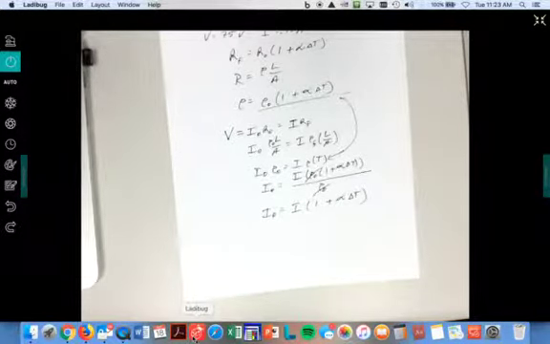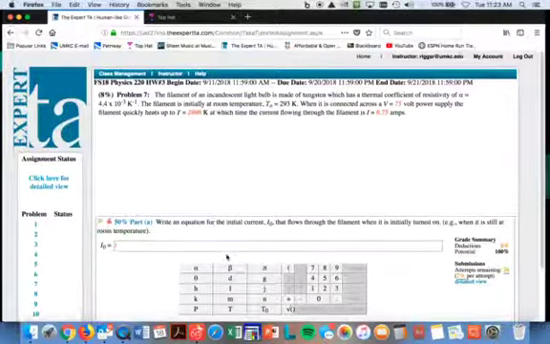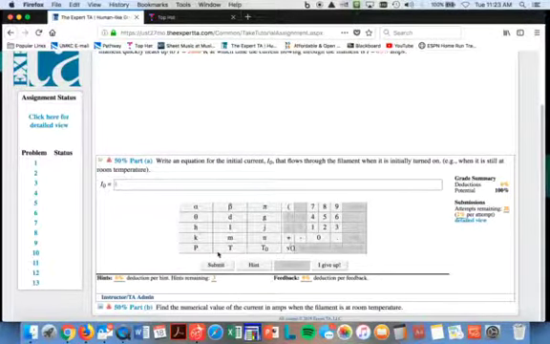Which in this case is the 2800 minus 293. And you're going to get a pretty big current when you do that. And then I think the next part is probably pretty easy, and that's what they're after. I think they want us to put in I times parentheses. Do they at least let us put in the rho? No, 1